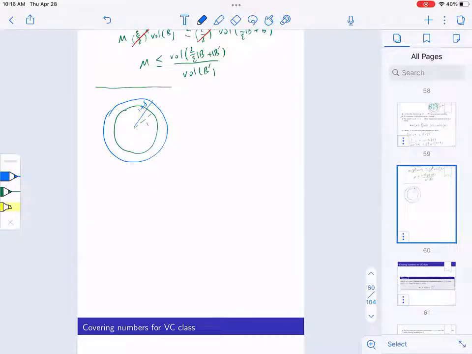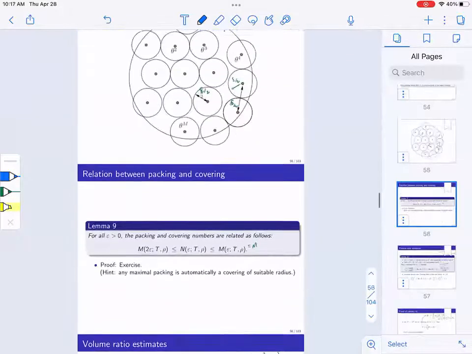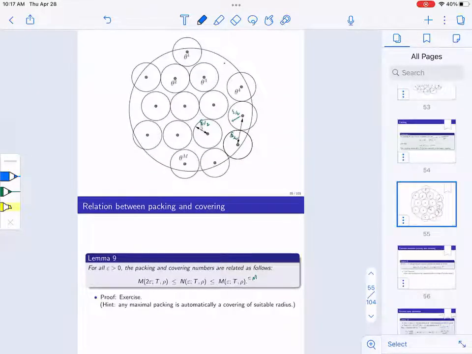Like there are 2 points in the packing. So let's go back to this argument. The way that the argument works is that I have the packing, so they're going to be epsilon apart. If epsilon is 1, they're going to be 1 apart. If I have a ball of radius 1/2, they're not going to touch. But if I have a ball of radius 1,